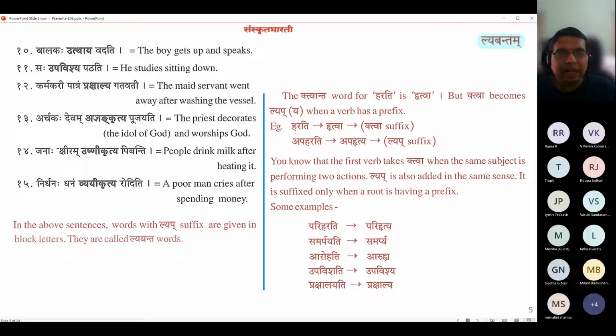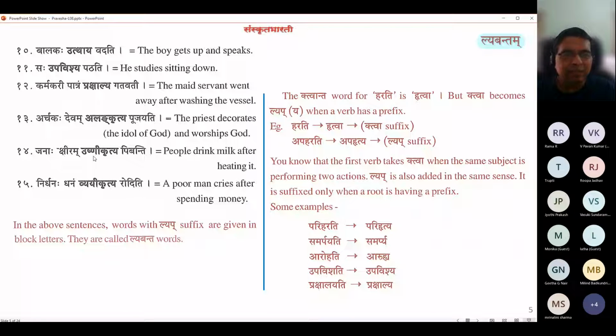So, alamkritya is a wonderful derivation. Kritva is having done. Alam means enough. Enough having done, how does it transform to decoration? That is a rudhi. I mean, having done it enough properly so that it is beautifully visible. Some sense like that is there in alankritya.